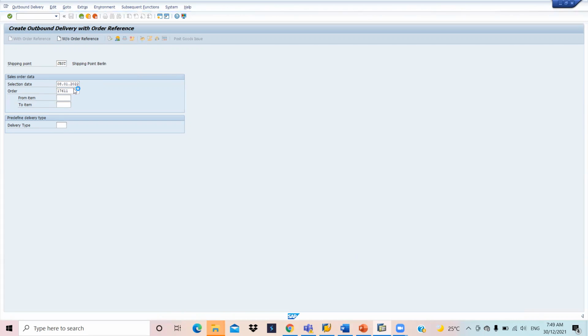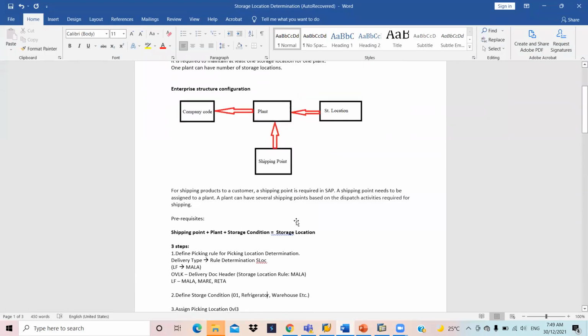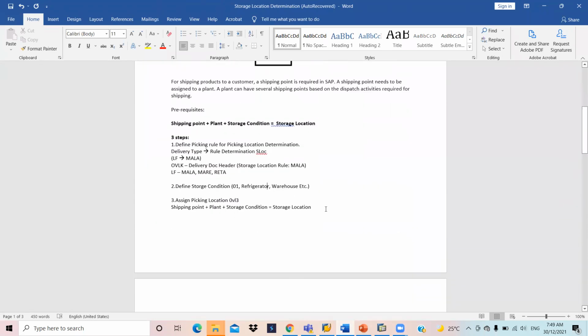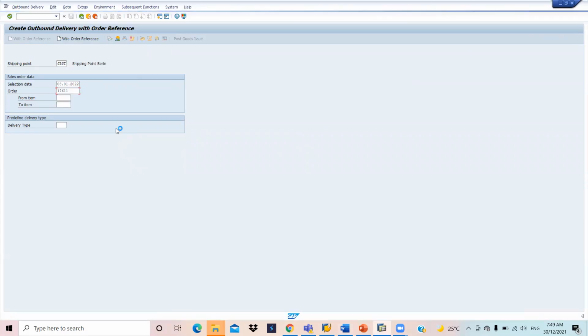Let's see. So there are 3 steps. Basically, here are the 3 mandatory steps, and also prerequisites. What are the prerequisites required to set up the storage location determination?